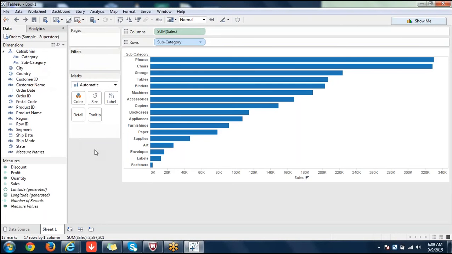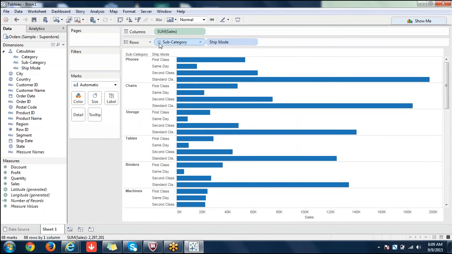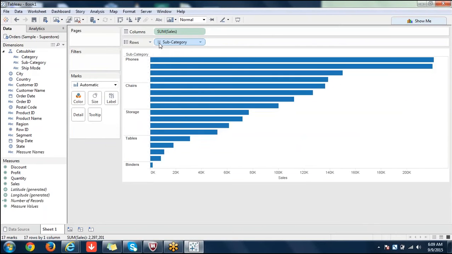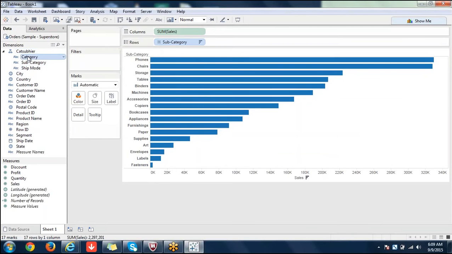Otherwise, if you want a hierarchy just for namesake, you can do this: ship mode, product ID, product name. Drag on this. Namesake in the sense that if you want the flexibility to hover or to move across values, you can do this.